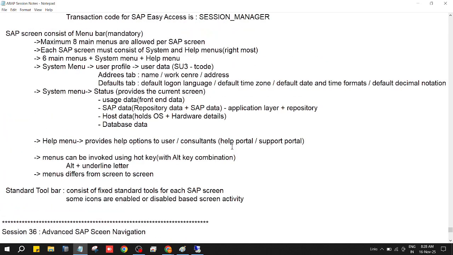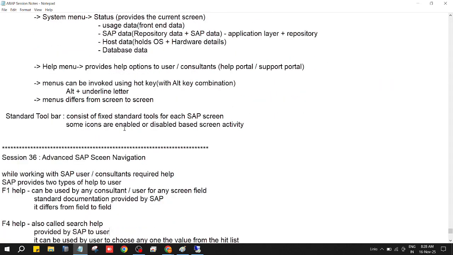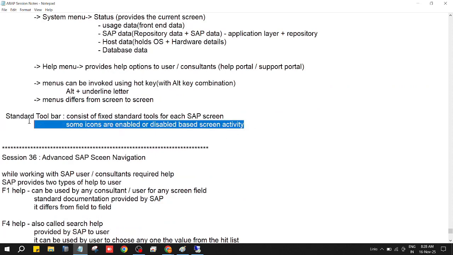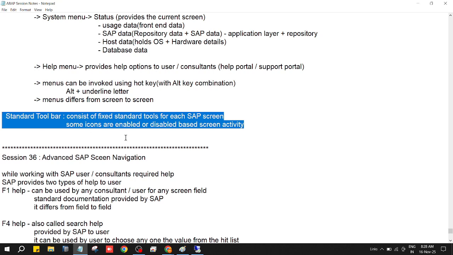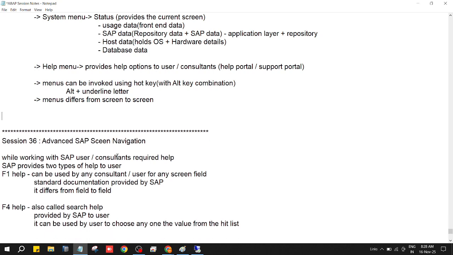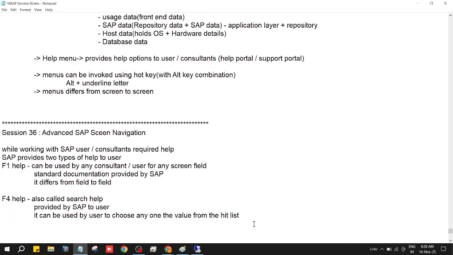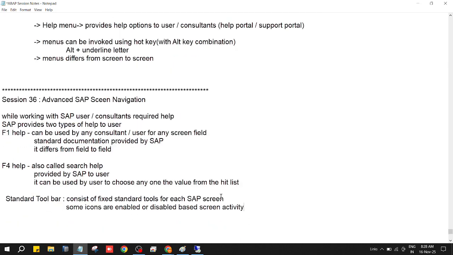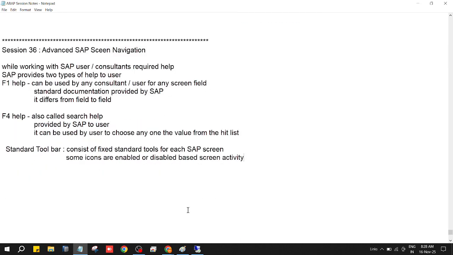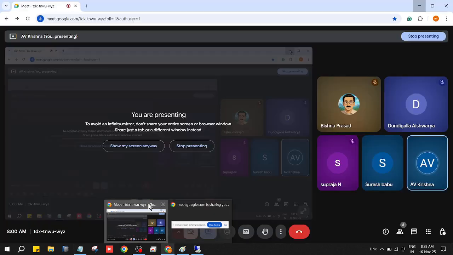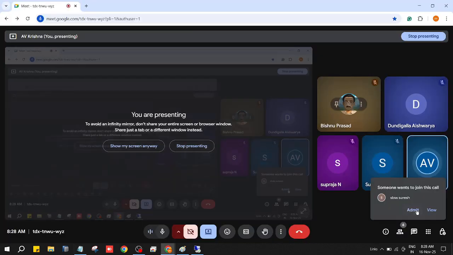So where we stopped yesterday: menus completed. System menu, help menu over. Now we are into the standard toolbar. I'll keep it below the standard toolbar. So standard toolbar, as the name recommends, it is